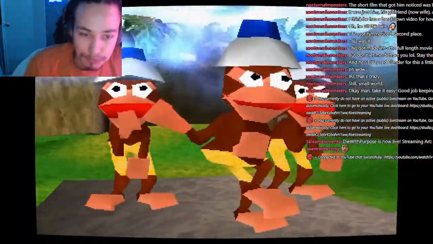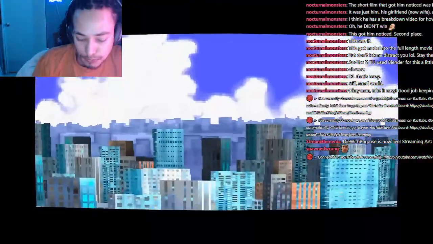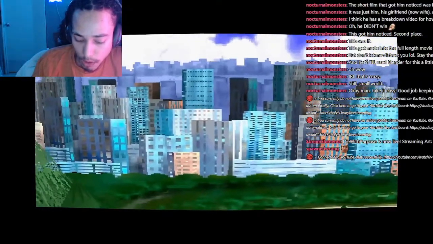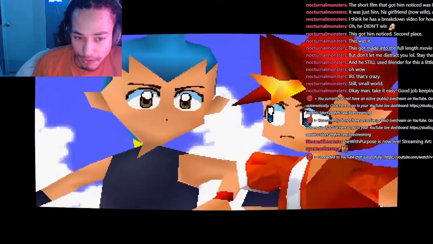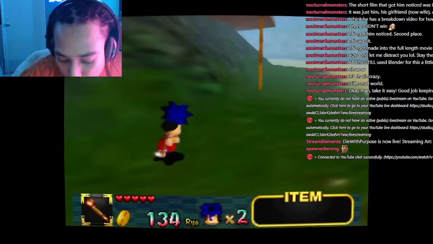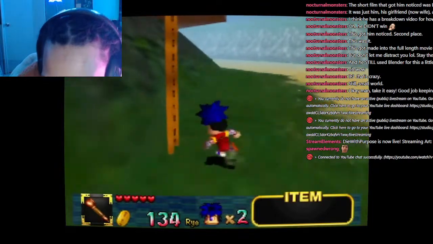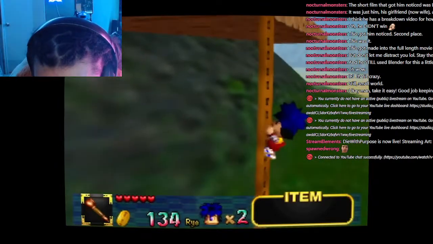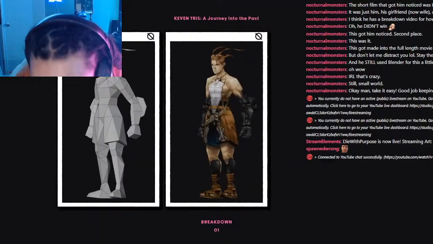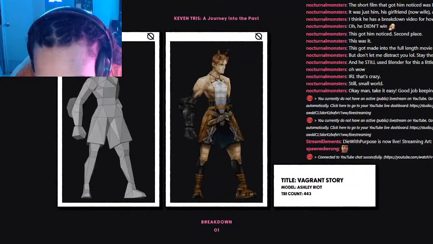So let's discuss some key elements that define this aesthetic. And the most noticeable one of them all has got to be those blocky, low poly models. You see, a lot of constraints were tied to artists in order to maintain performance on these older consoles. The character's triangle count would typically land between 400